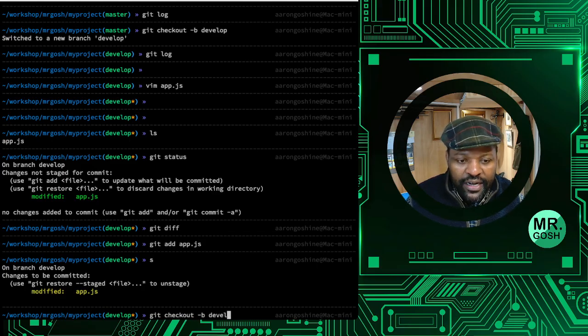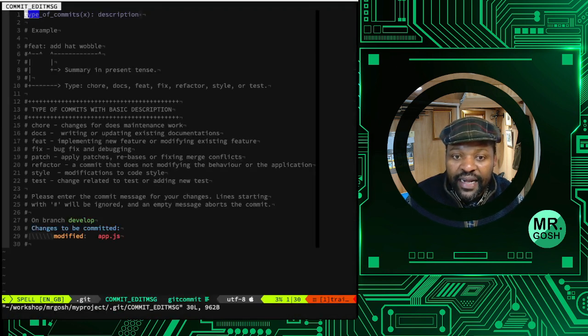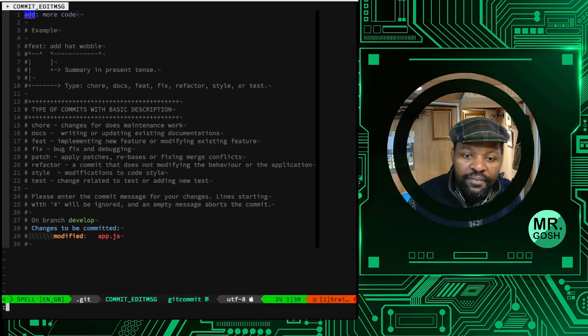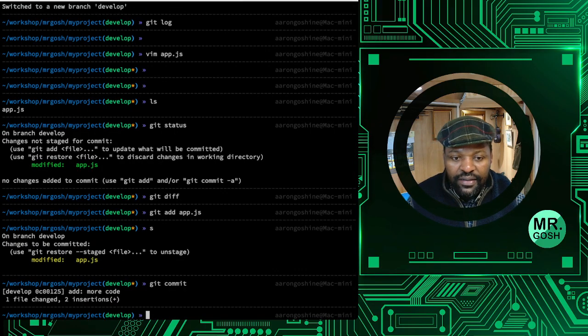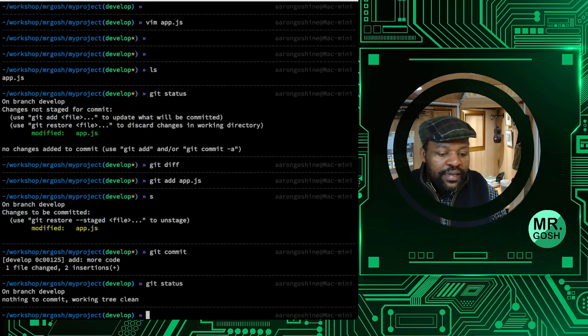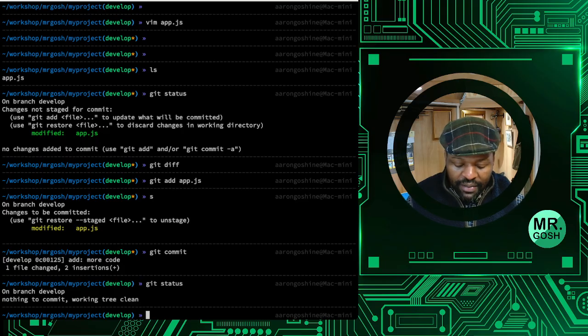Now let me just do that for you. Commit -m. And if you don't put the -m and the message, it will open your default text editor. In my case, Vim is my default editor, and I get a nice message. I could populate the message by saying add more code. So I have more code, and I'm going to save that. Happy. So git status. And you can see all clean. And if I do git log to see what's been happening in my repository,